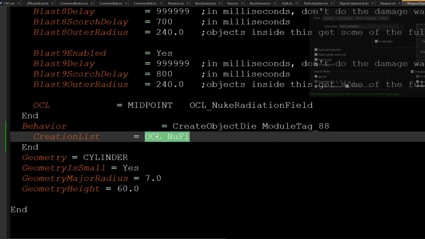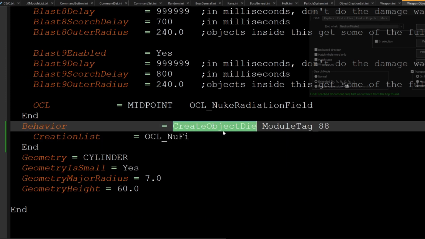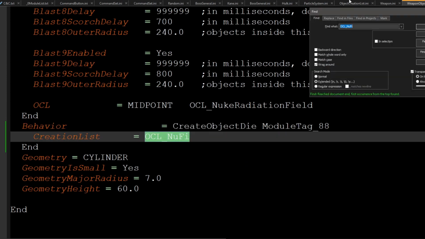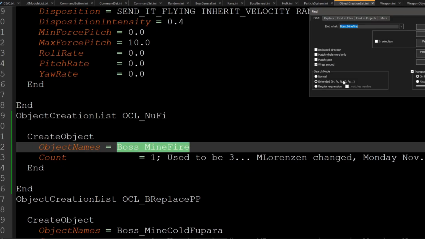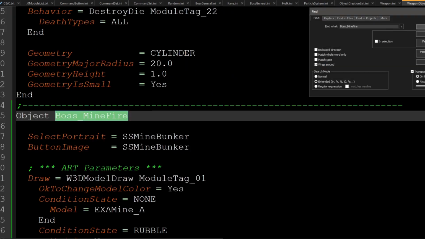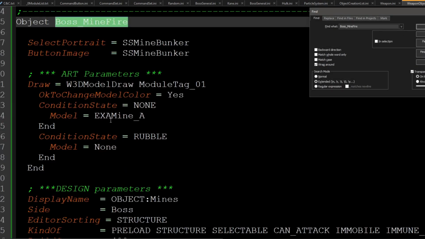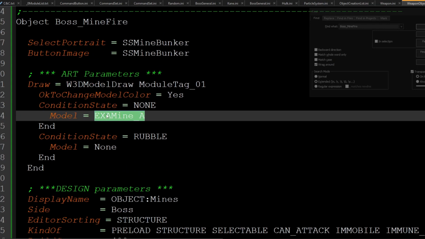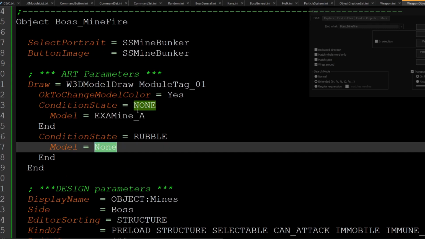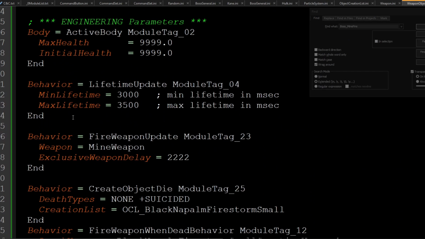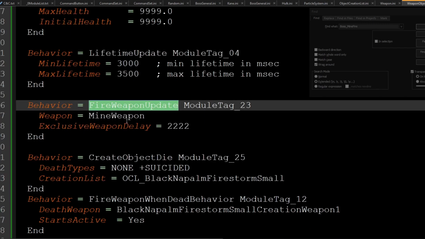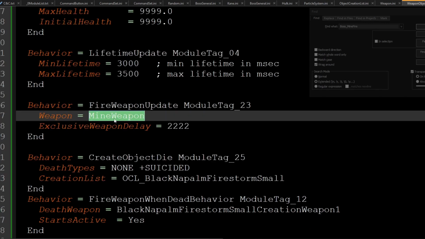As you can see, that little object, when it dies, creates an OCL, because that's the object creation list, and it creates what I called a little fire mine, which again takes us back to the weapon objects. And as you can see, that has that little mine. We can take this back, see where this model says none. We can put none there and it will disappear. I only have the model there just to make sure it works. Then I have some other little parameters, and eventually I have it fire weapon on a certain time frame. So this is how it